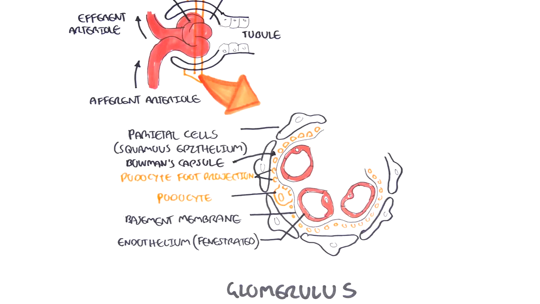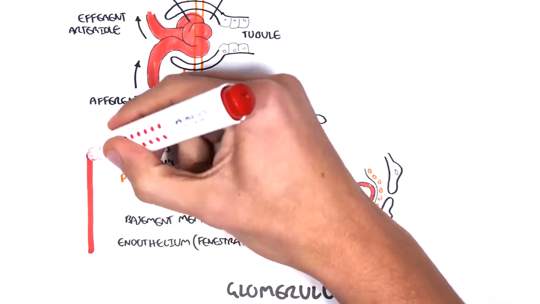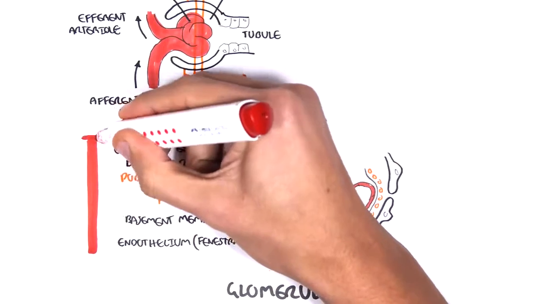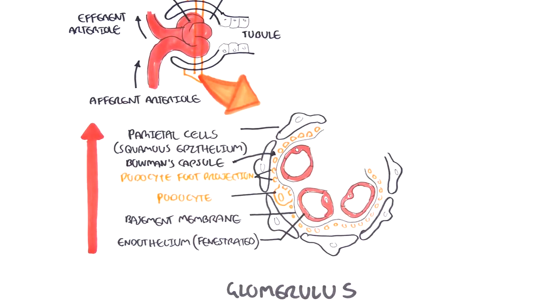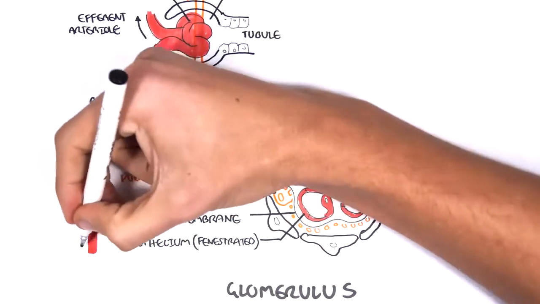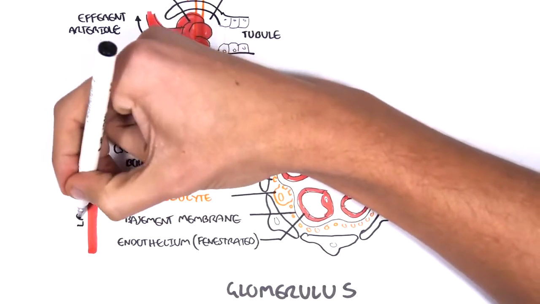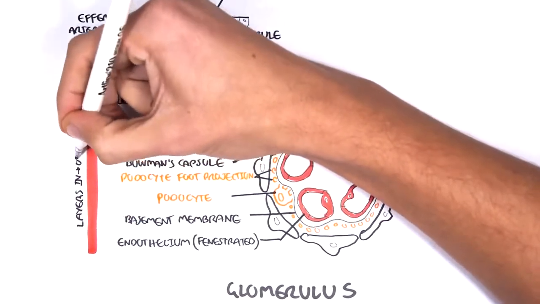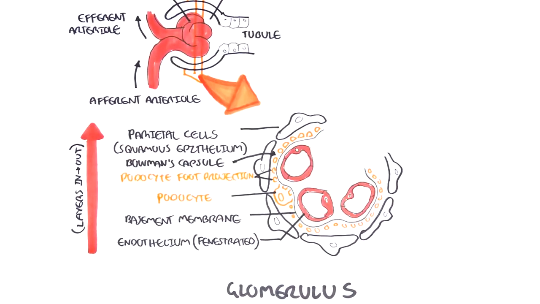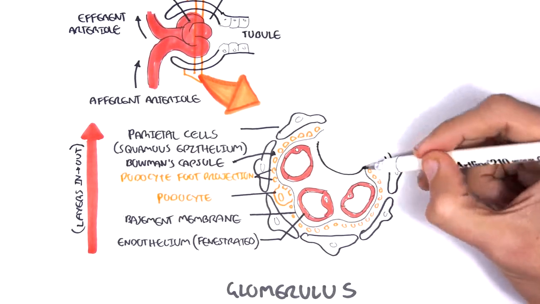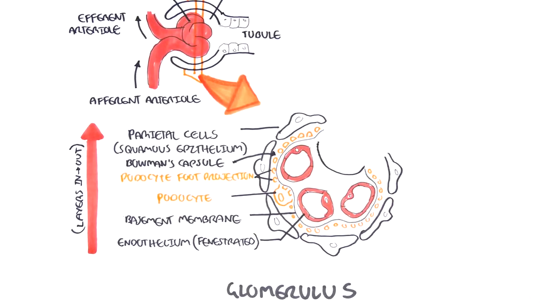So you can say the deepest layer is the fenestrated endothelium of the vessel, which contains within it the blood and other blood stuff. And moving out, going to the next layer, we have the glomerular basement membrane, or GBM. Then we have the podocyte and its foot projections, the Bowman's capsule, and finally the parietal cells that house